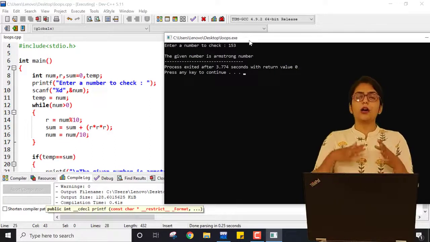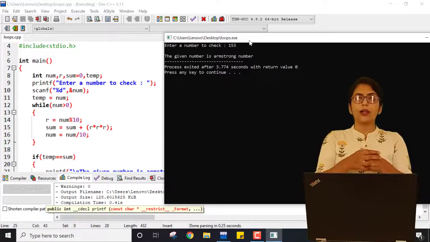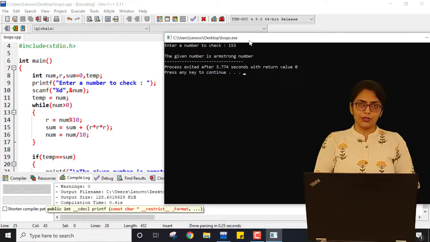Now we are going to perform another program in which I am going to show you whether the given number is a perfect number or not.